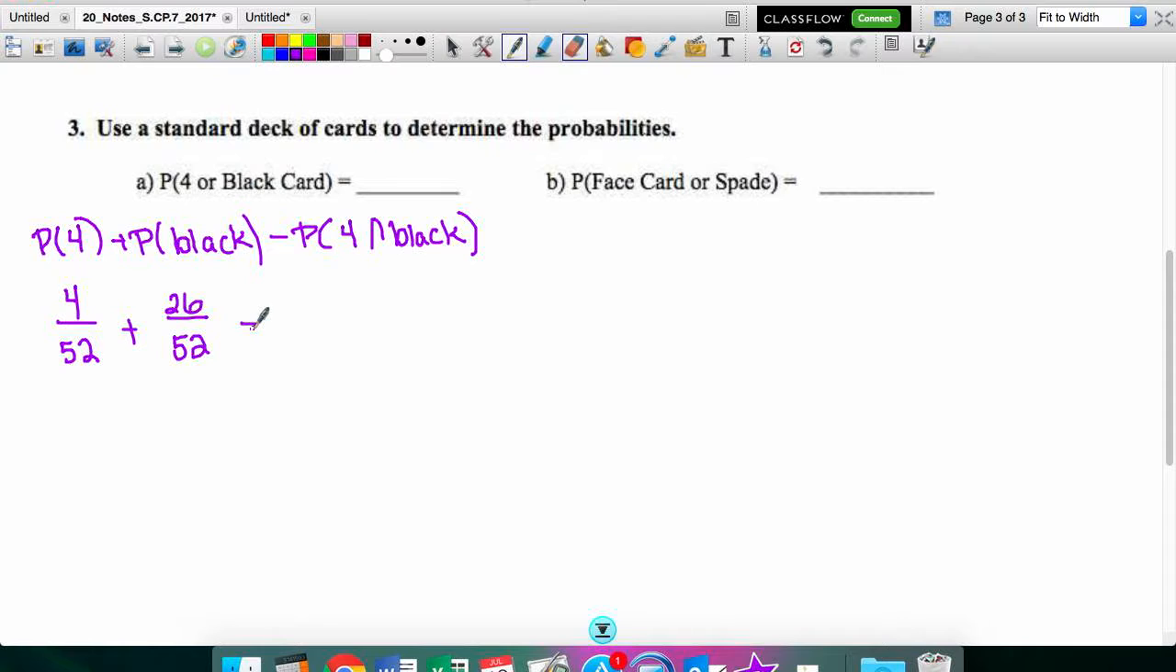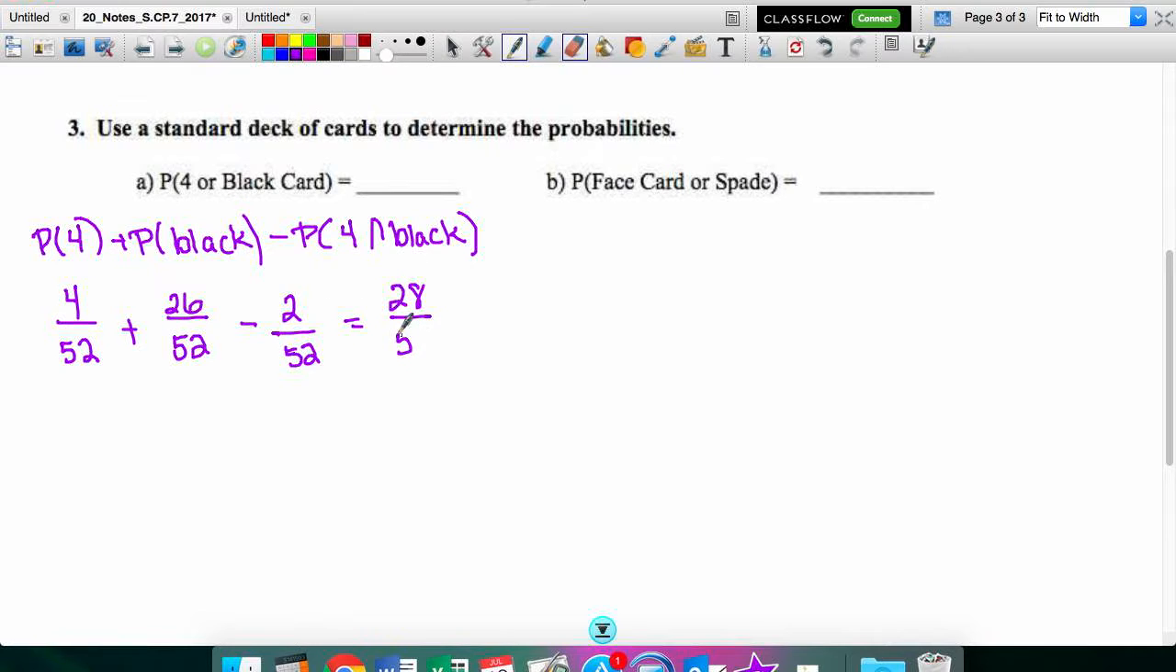Last but not least, we're going to subtract the probability of the intersection, 4 and black. In other words, how many cards are going to be black and a number 4? Well, there are 2 black 4 cards, the 4 of spades and the 4 of clubs, out of a total of 52 cards. Adding and subtracting these numbers, 4 plus 26 gives me 30, minus 2 gives me 28 out